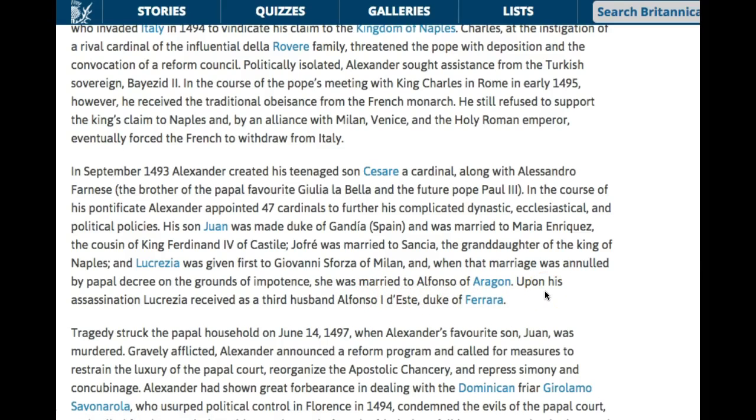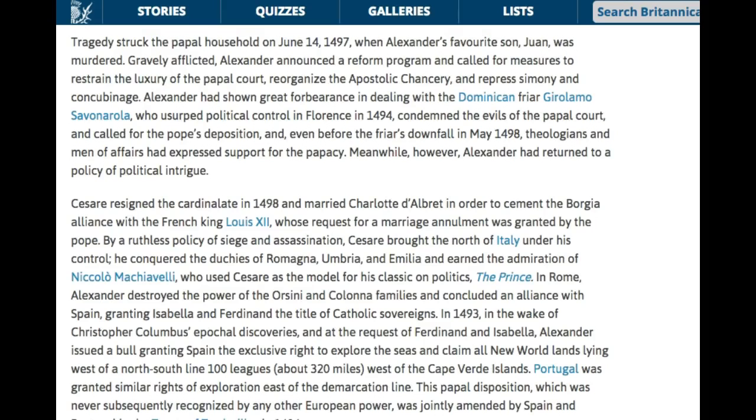And I do apologize if I'm butchering all this. The pronunciation is not what's important. What's important is that you're getting this information and actually taking it in and seeing the truth for what it really is. Then the article goes on to talk about how one of his sons was murdered tragically on June